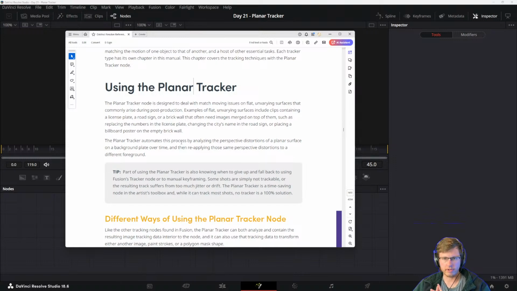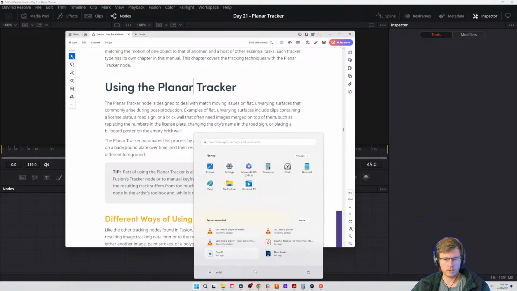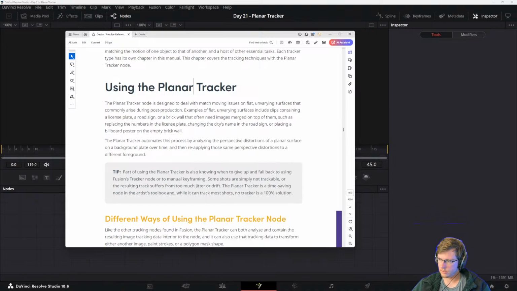Examples of flat, unvarying surfaces include clips containing a license plate, a road sign, or a brick wall that often need images merged on top of them, such as replacing the numbers in the license plate, changing the city's name in the roadside sign, or placing a billboard poster on the empty brick wall. So I'm already going to get started on searching for